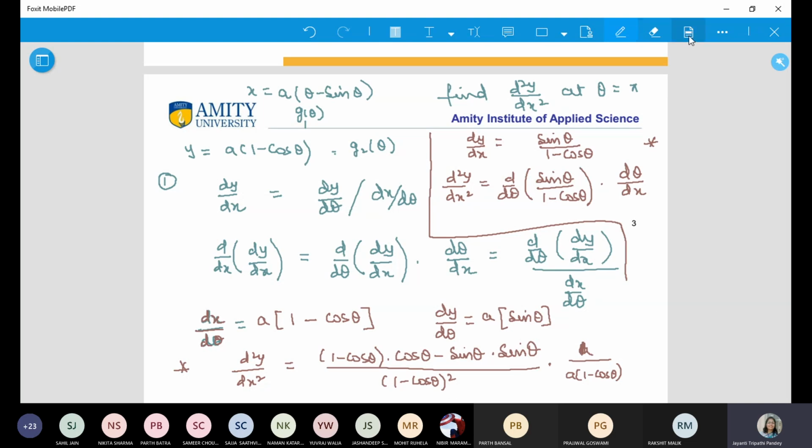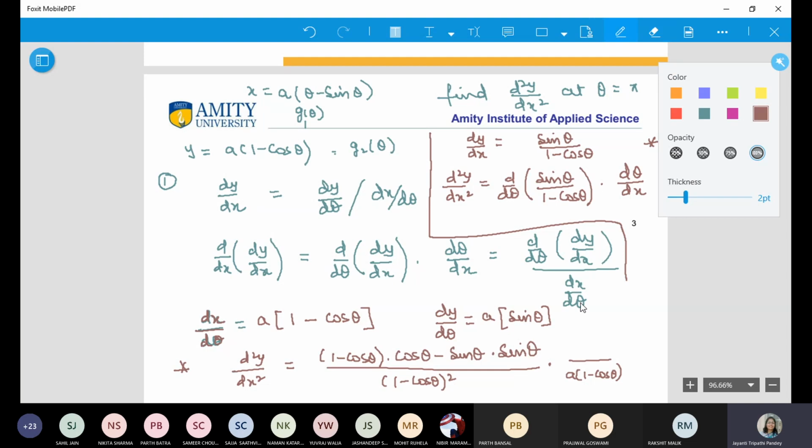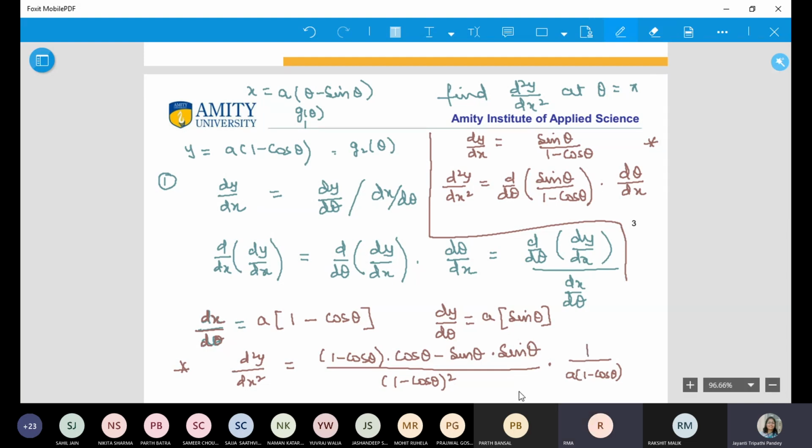Yes, ma'am. Everybody is able to understand this? You can ask right now, otherwise afterwards if you are forgetting it will create problems in your future questions. So if you have any kind of doubt, please ask just now. Ma'am, can you explain, please? I joined late due to a network issue. This is very bad, beta. We have very less time. If I repeat the same thing, I won't be able to finish what is planned. What I can do is, when we take the next question, I'll try and explain it further.